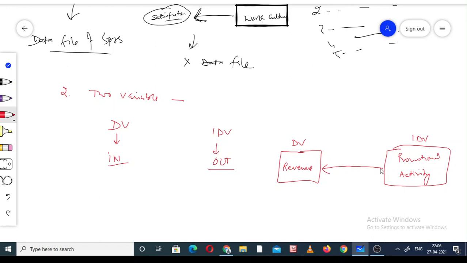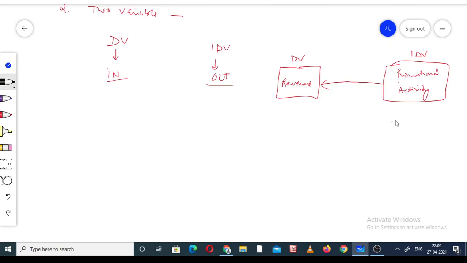So we just consider the arrow: is the arrow inside or outside? If the arrow is outside from this box, that is the independent variable, and if the arrow is inside towards this box, that is the dependent variable. The same way we make one more. This is the work culture and the impact of this work culture on the satisfaction level.